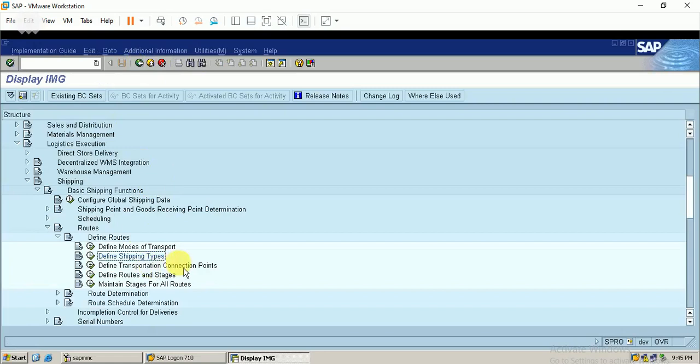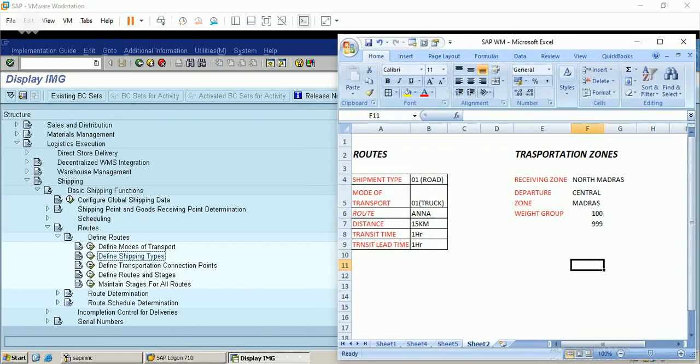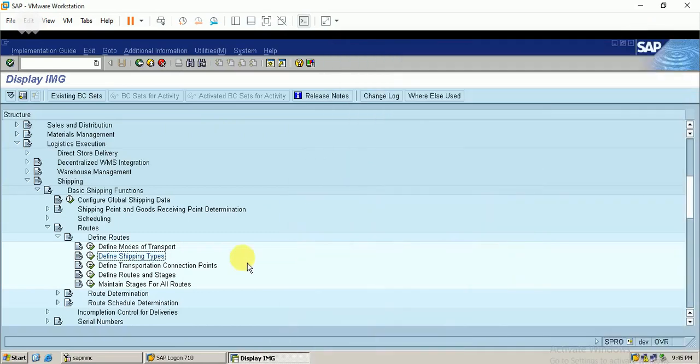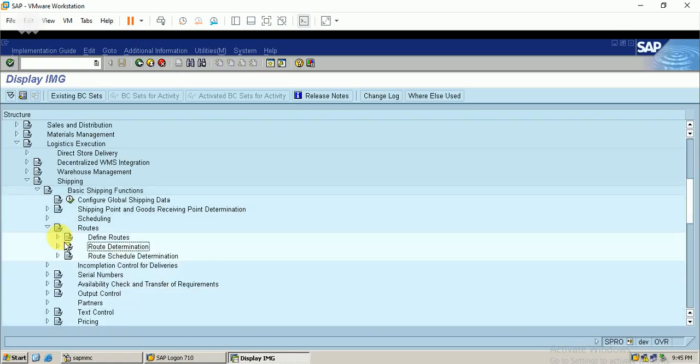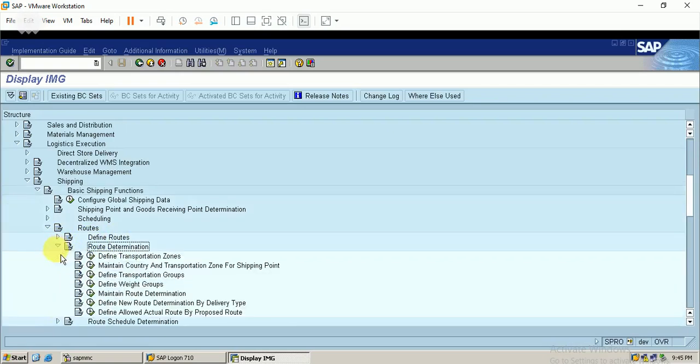In this video we will maintain the basic configuration for shipping. So I just go on with the available entries. Then we just go to the next. We have defined the route, and now we move on to the route determination, the transportation zone.